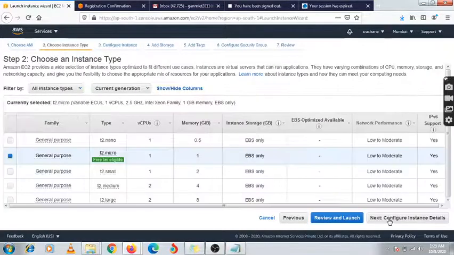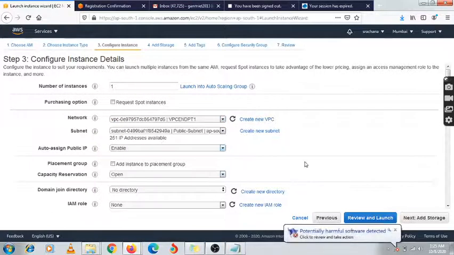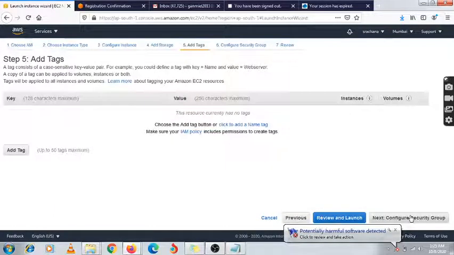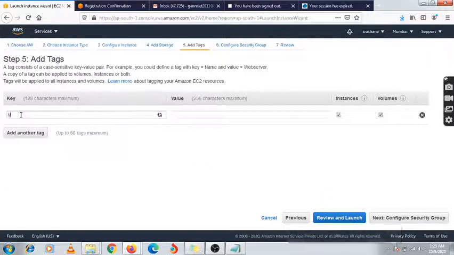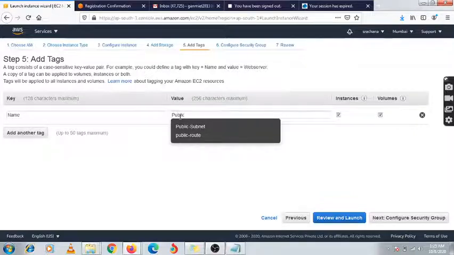This is my Linux machine. I am going to launch it first in the public subnet. In public we need to enable auto-assign, so it will get a public IP address. Go to next. If you want to assign a tag, I am going to assign the tag public server.